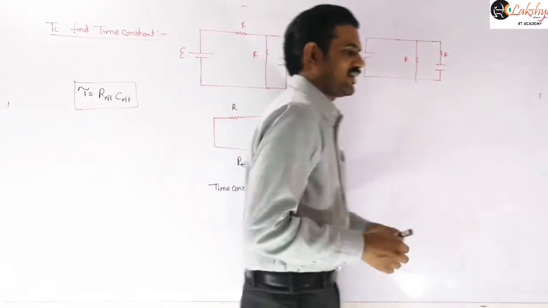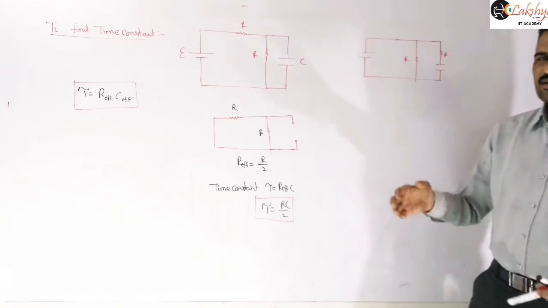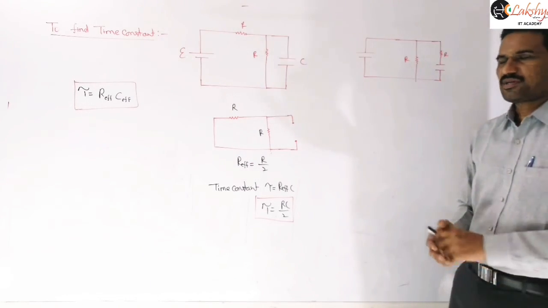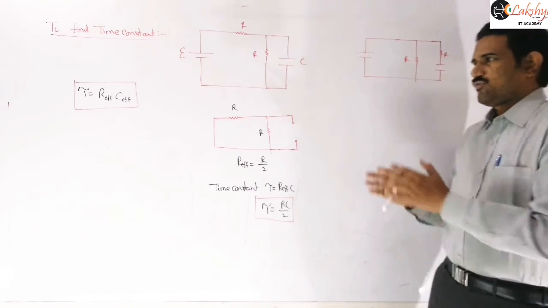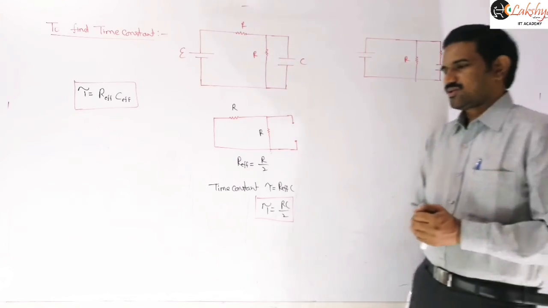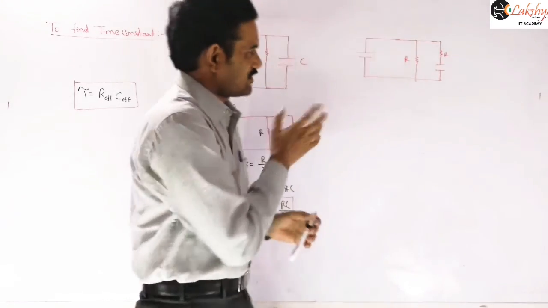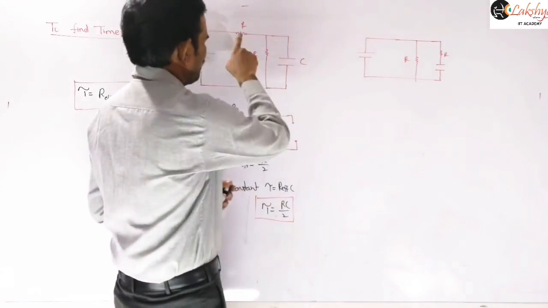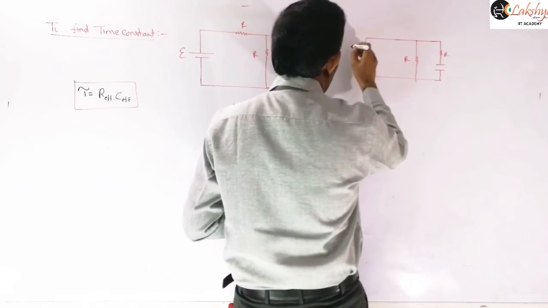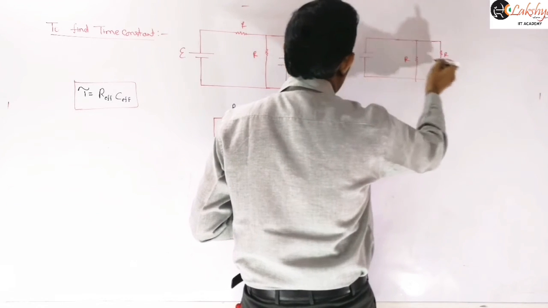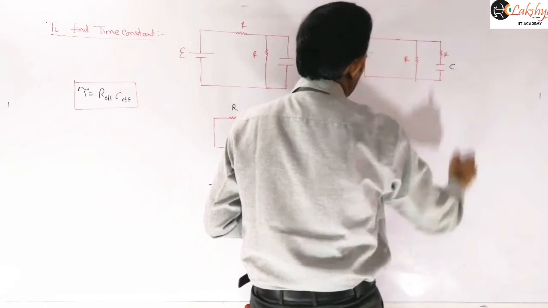And if they ask to find the charge on the capacitor at any instant, I will explain how to find the charge on the capacitor at any instant. So this is the time constant calculation. Now, for example, let us consider a similar circuit, only that instead of this resistance I am taking this resistance in series with that capacitor. And here also you may consider the cell is of EMF E and this is capacitance C.